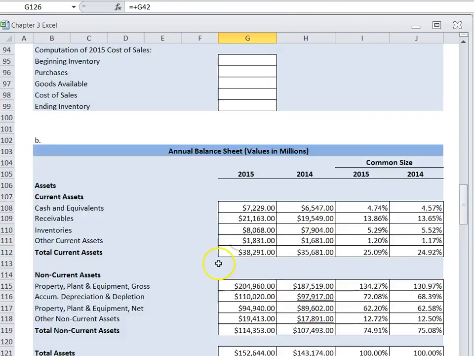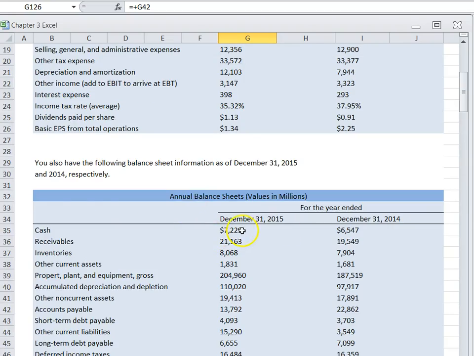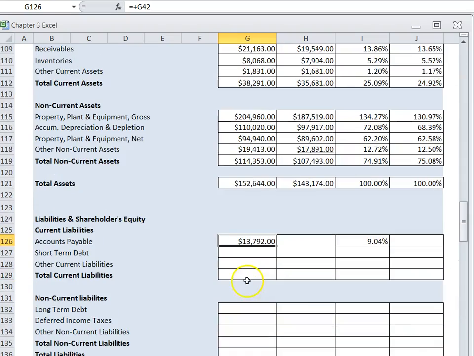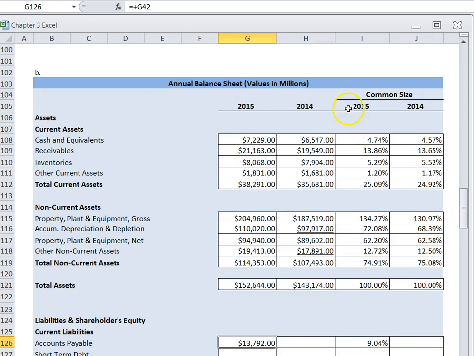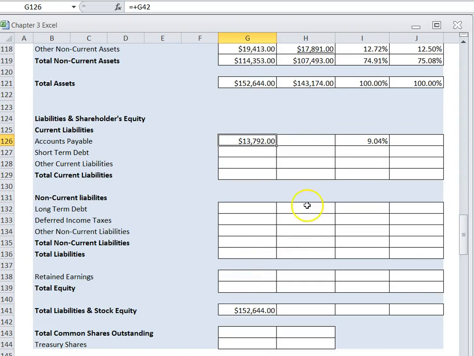Okay, so the next part is we're going to look at doing the liabilities and shareholders' equity section. So again, you go up to the balance sheet here, you pull down your items. You don't type it over, you just hit the plus key and select the cells just like I did before. But for your common size portion, the formula is going to be the current cell. So here we're going to use G126 and divide by G141. And we want to lock down G141